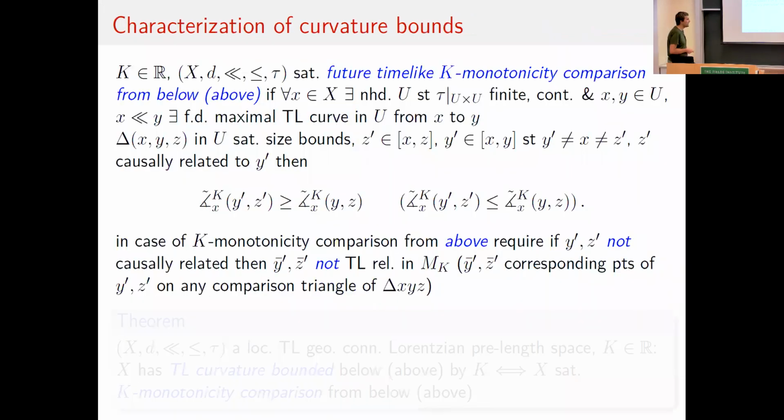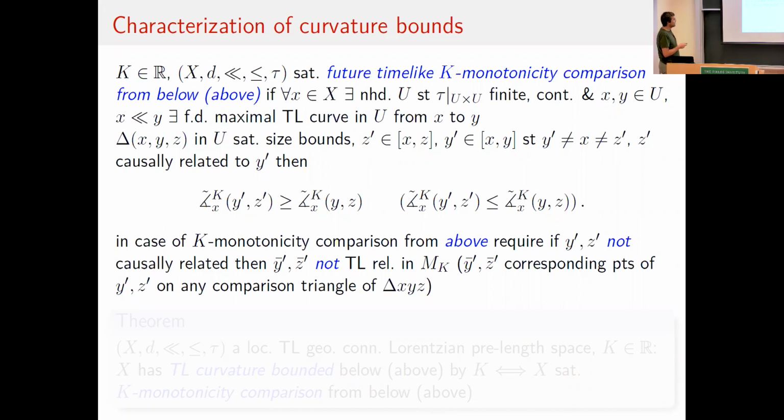And then the main result was that now you can actually characterize this triangle comparison by angle comparison, angle monotonicity. I only have here the future version because this is the first step. You have a future and a past version, but then you also have a mixed version because you need to be able to say something about any kind of triangle, and therefore you need to compare the angles at all the vertices.